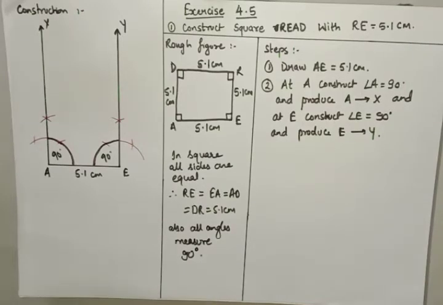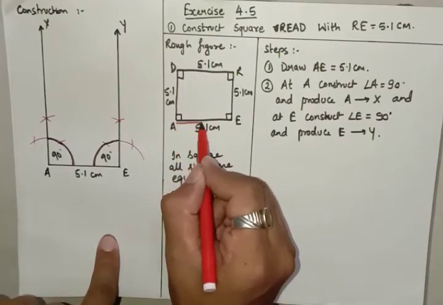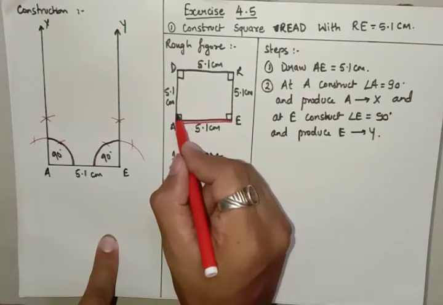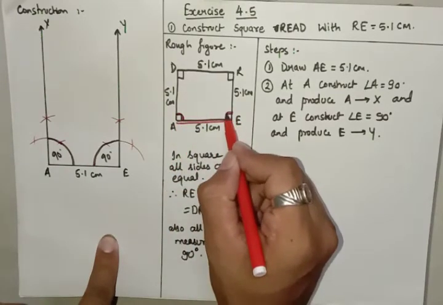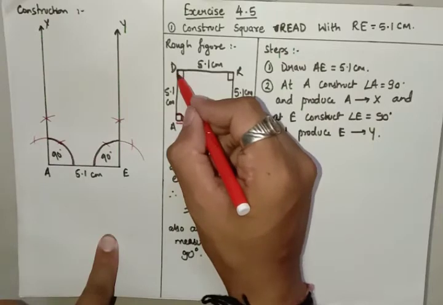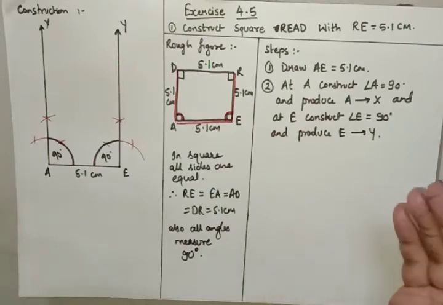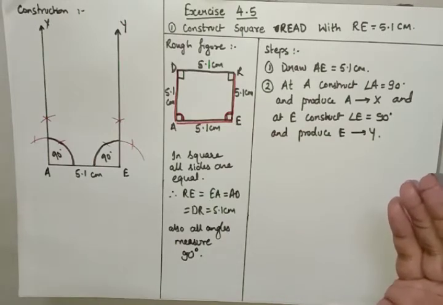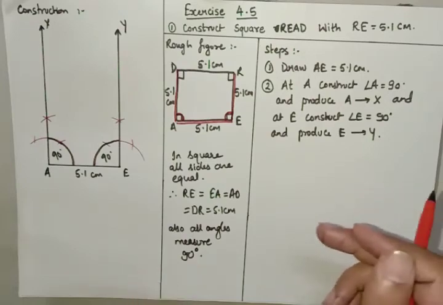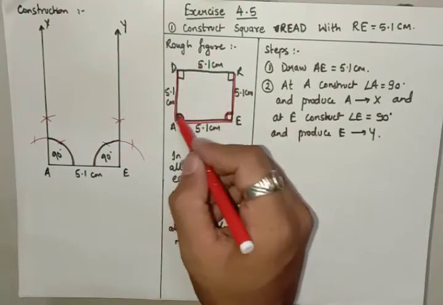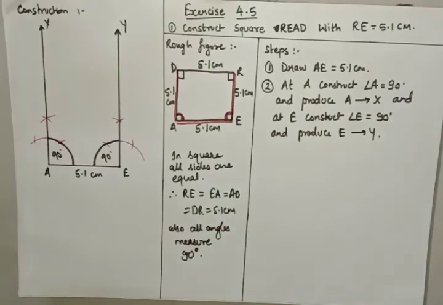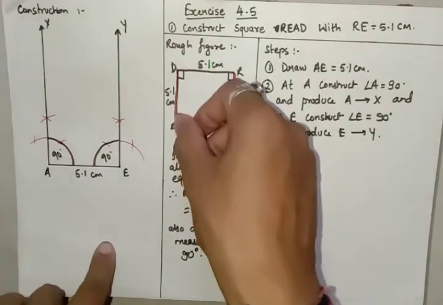Now what we have to do, see, the 5 parts which I am going to take, I will show you. Here I have taken AE which I have constructed, angle A which I have constructed, angle E which I have constructed. Now I will construct AD and ER. So this is construction of which type? Type 4, which we have seen, 3 sides and 2 included angles. The rest will be solved automatically, right? So 1 side and 2 angles I have taken. Now I will construct AD of 5.1.